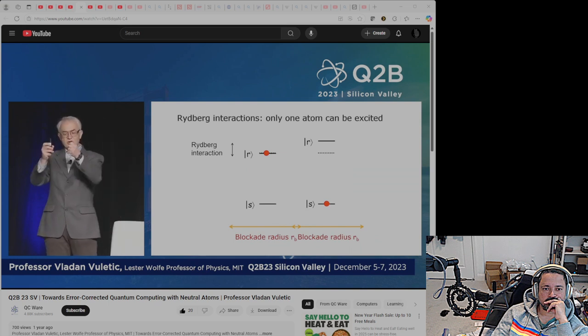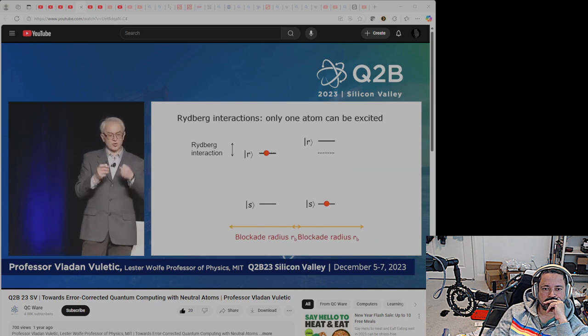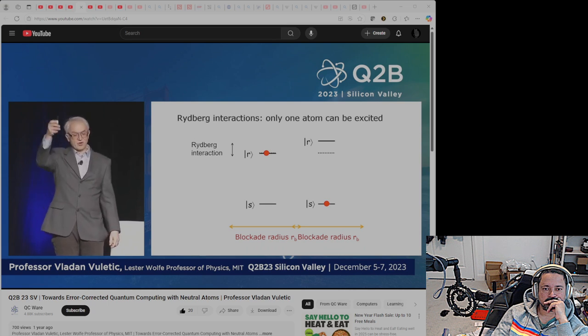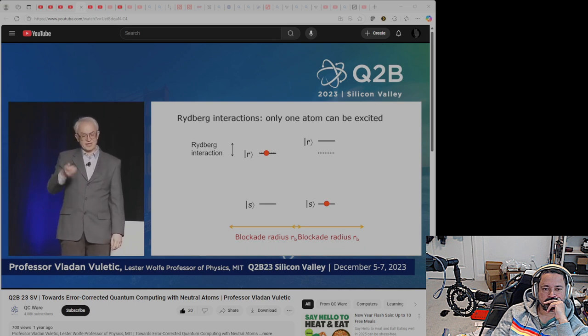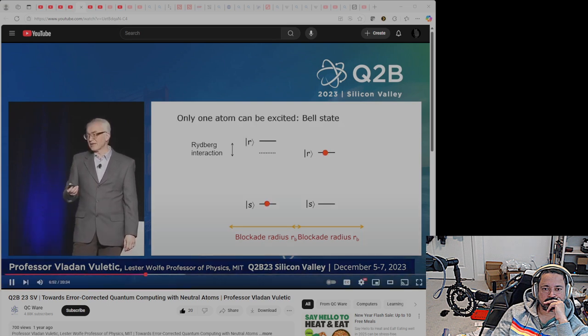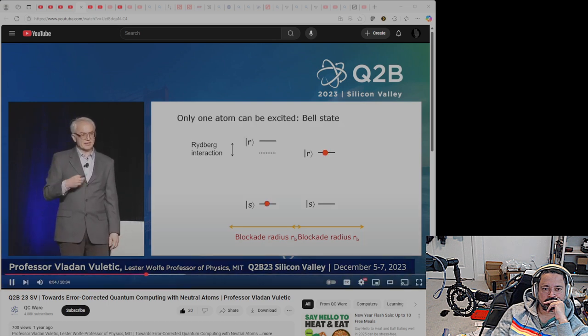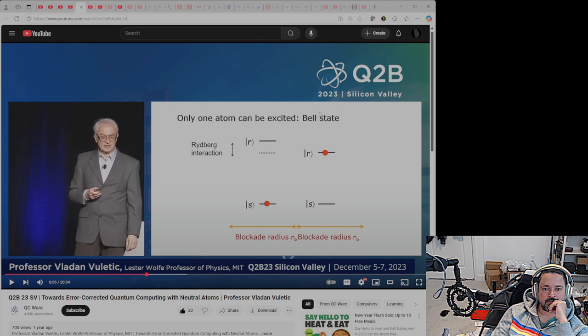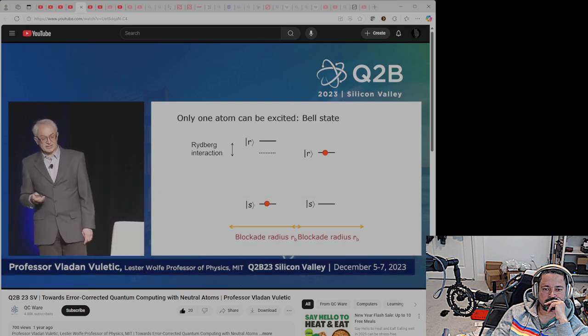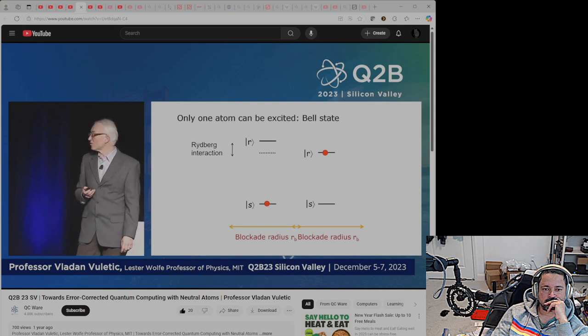However, if the atoms are closer than a characteristic distance we call the blockade radius, then once you excite the left atom, the energy level of the right atom is shifted, and therefore the laser can no longer excite it. But this is also a symmetric situation, so either the left or the right atom can be excited, and that automatically leads to an entangled state, so-called Bell states for the experts, or you can use this to create quantum gates between the